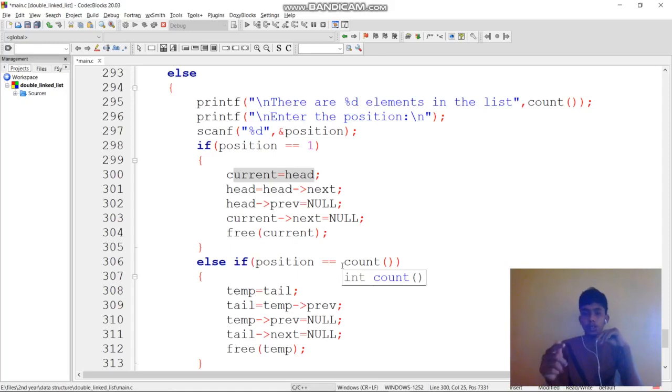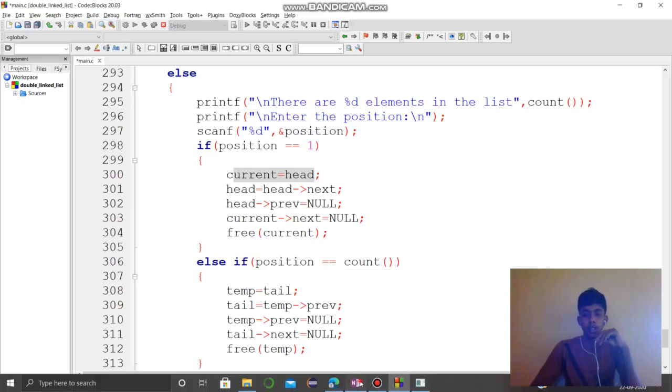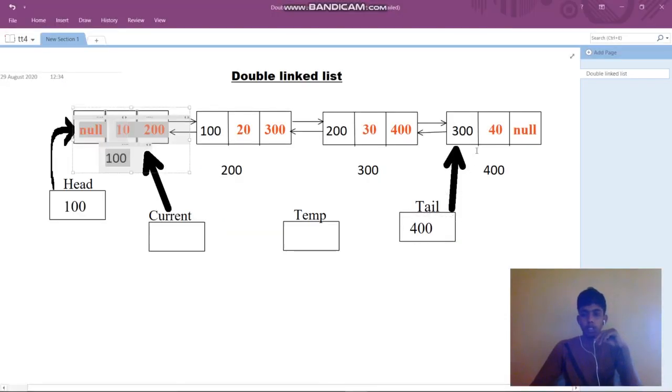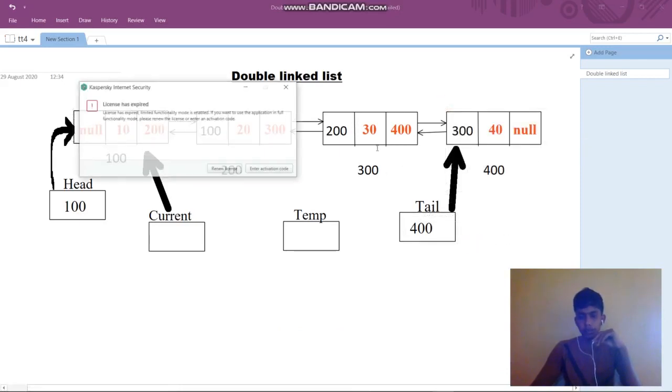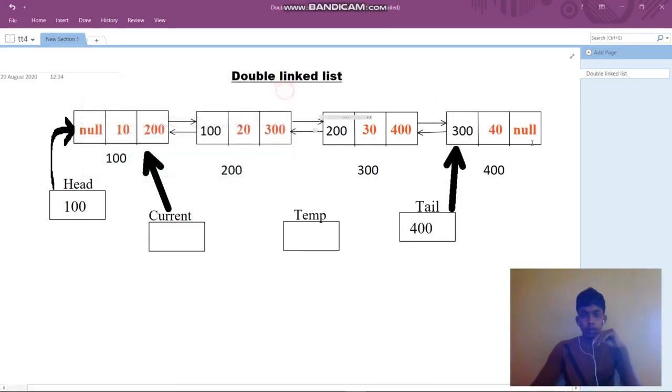We are going to delete the last element, and tail points to the last element. Before deleting, the tail should point to the previous node, and the last node's link should be null, because then only it is the last element.